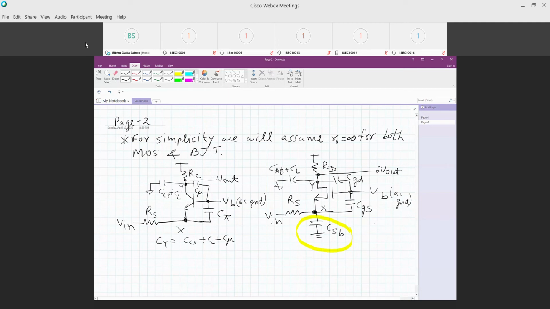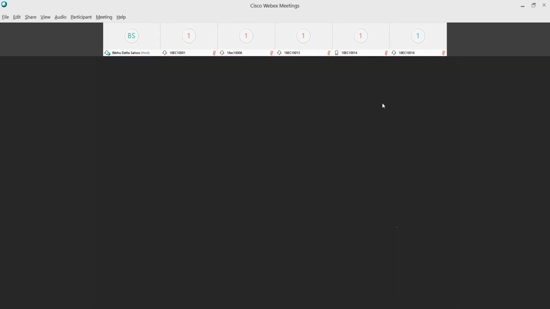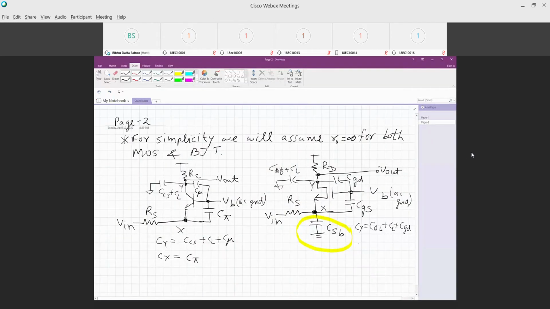CGB, and Cx equal to C pi over here, and here Cx equal to CSB plus CGS. Okay, so therefore we have only two nodes in the circuit. If there are two effective capacitors in the circuit, although physically you may seem to have more capacitors, eventually they boil down to only two capacitors in the circuit, and therefore there will be